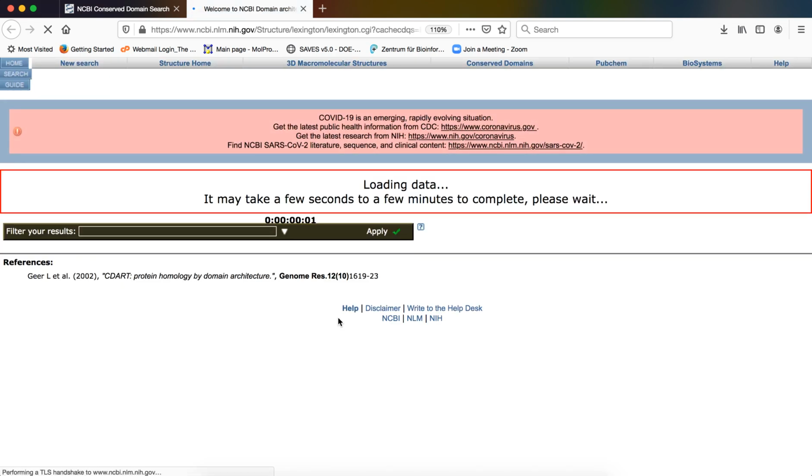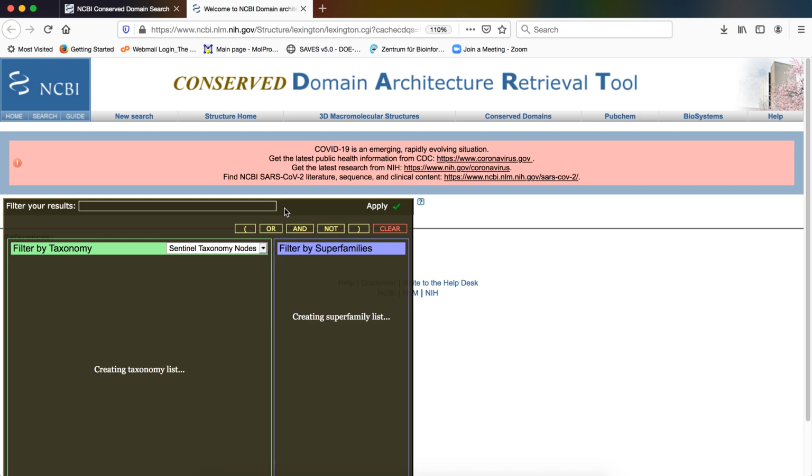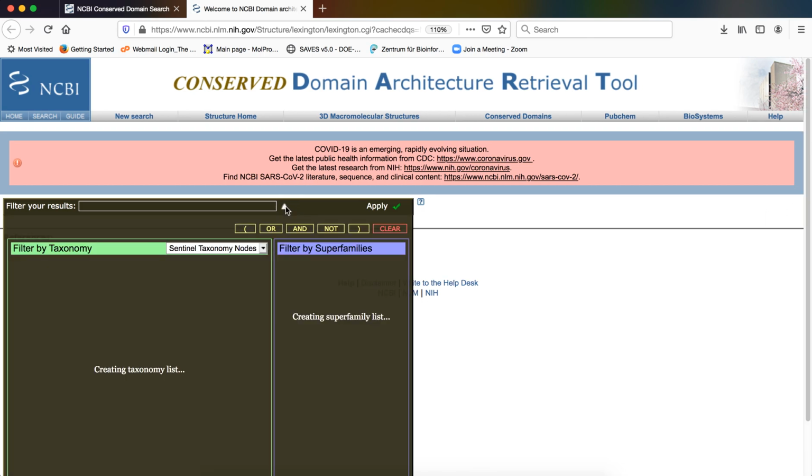Now if we click on that, as you can see, a new tab opens up. Okay, so the lists are getting populated.